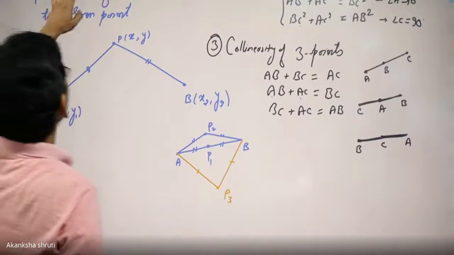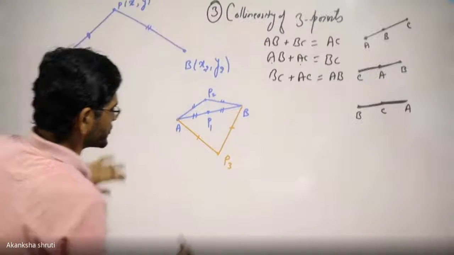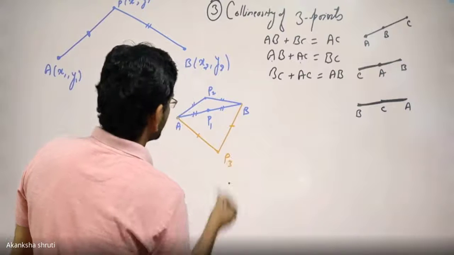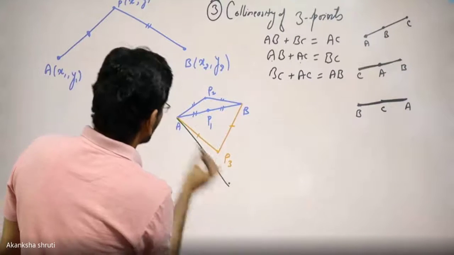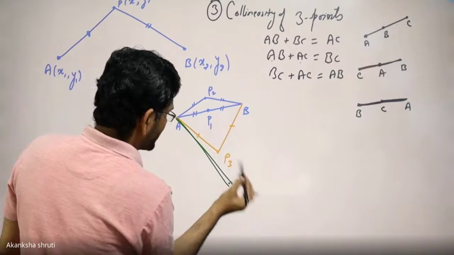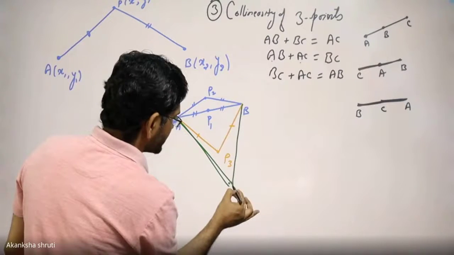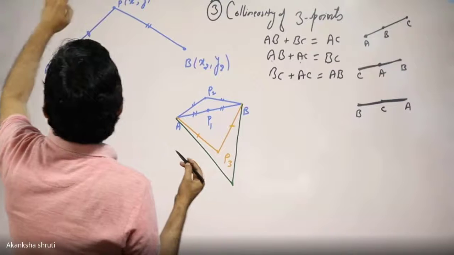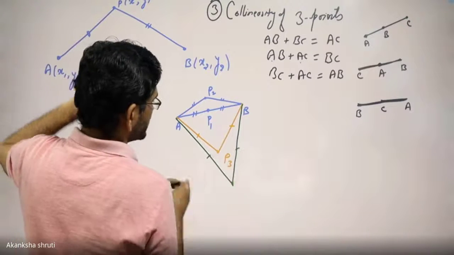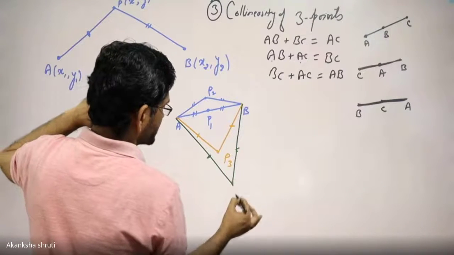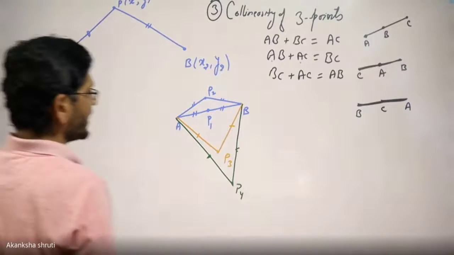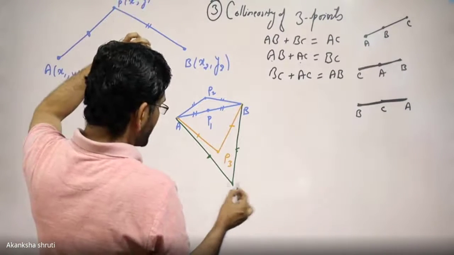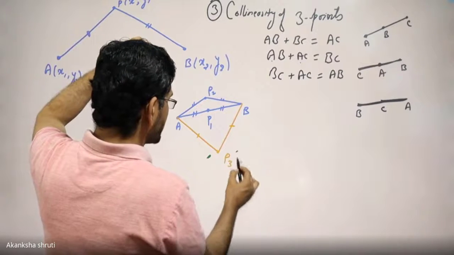Students, you are free to take any other points also. Let us consider a point, this one, like this. The only condition or requirement is that the distance from these 2 points should be equal. If this is equal to this one, this point is also equidistant. Students, this way we see that there are a large number of equidistant points. It is not only a single point.